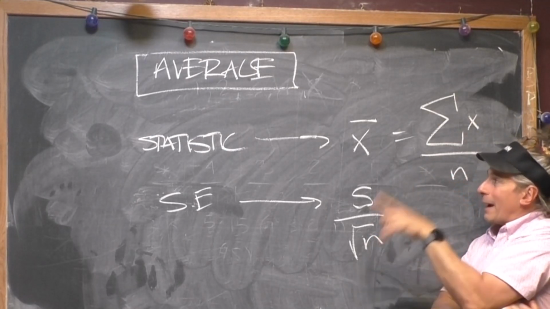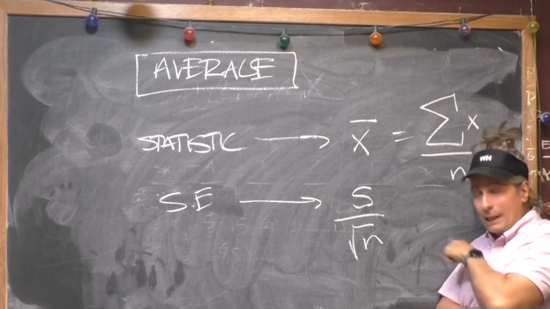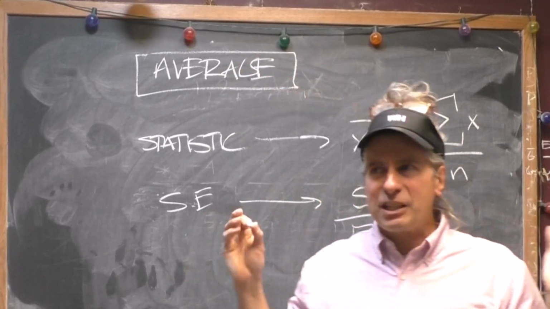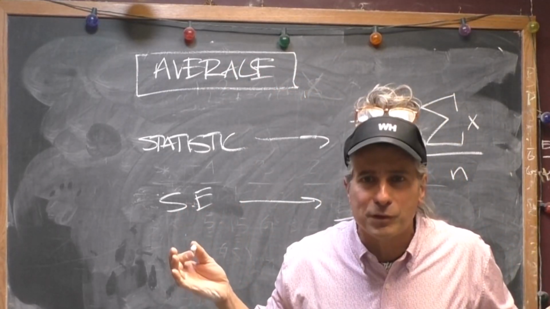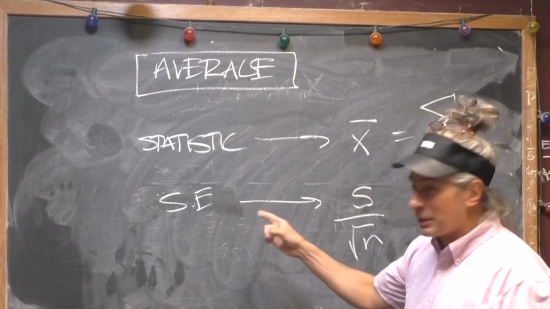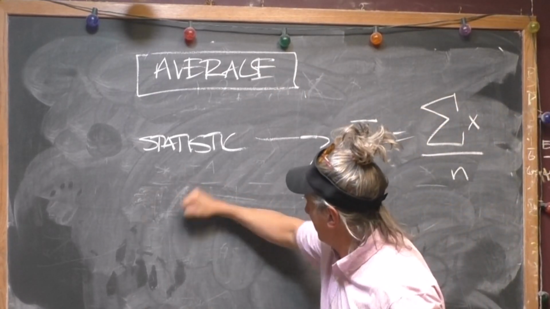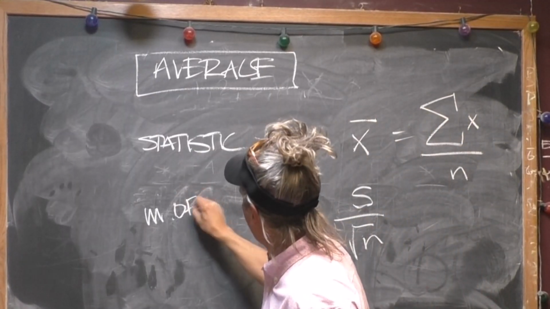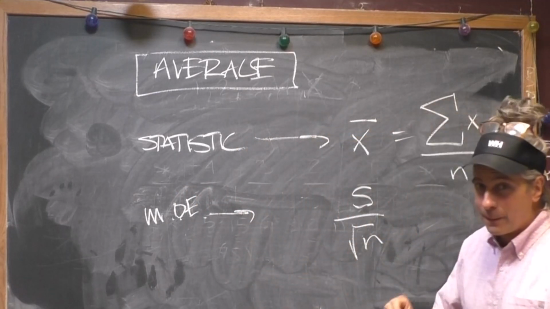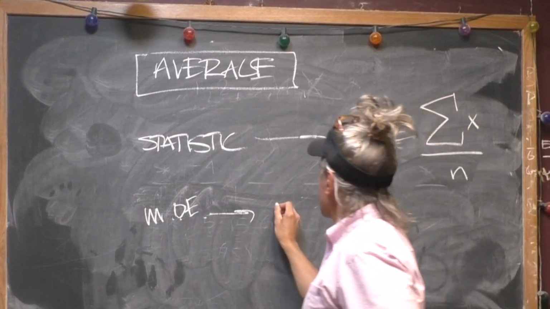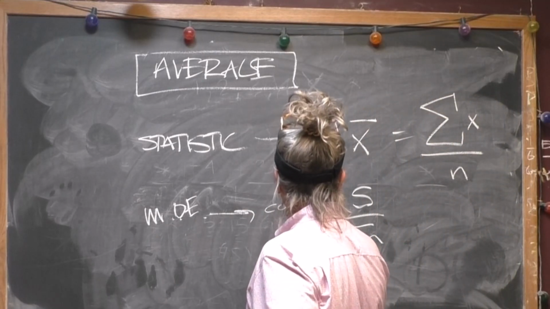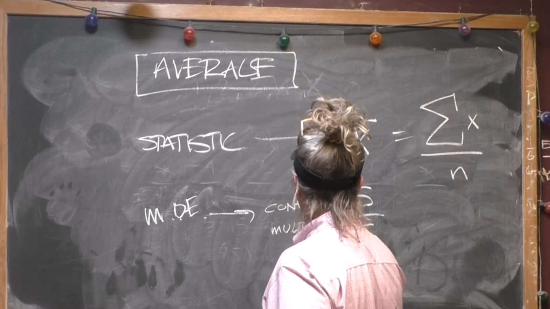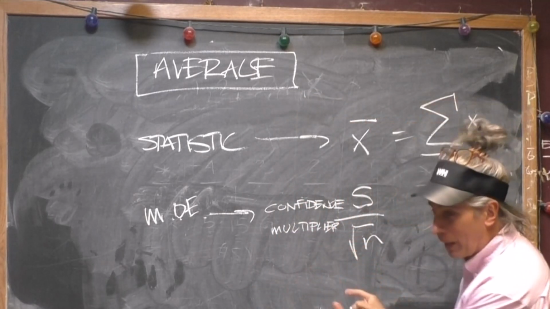And then we can add and subtract that from the sample mean. The only problem with that is, since it's only one standard error, it's going to be 68% confidence or something around those lines. It won't be confident enough. So, we got to turn this into a margin of error. Well, a lot of hand erasing. Look at that. Margin of error, which means, I'm going to write one more thing I'm going to erase. We need a confidence multiplier.